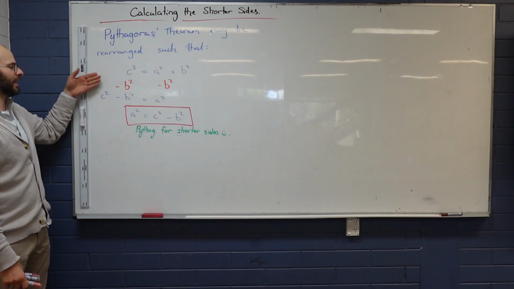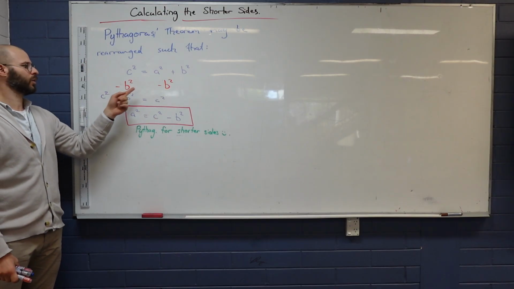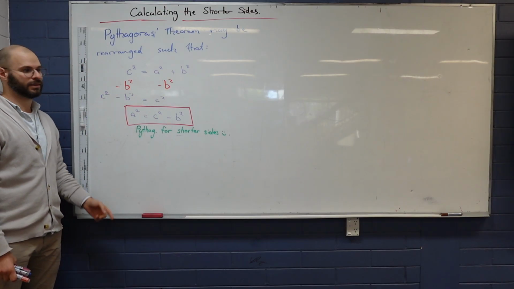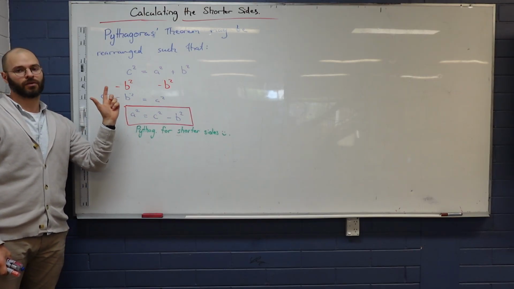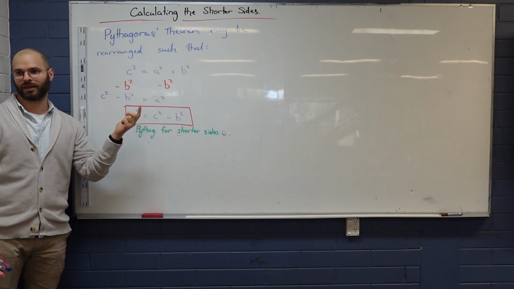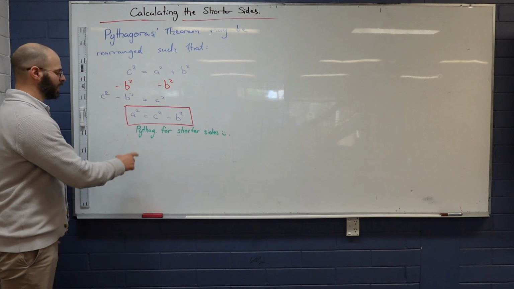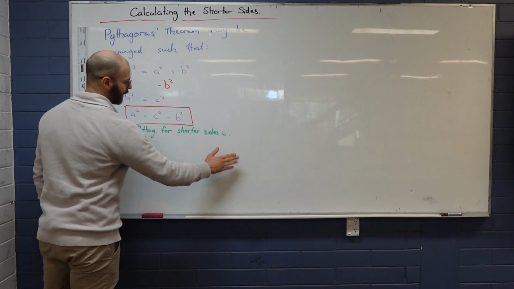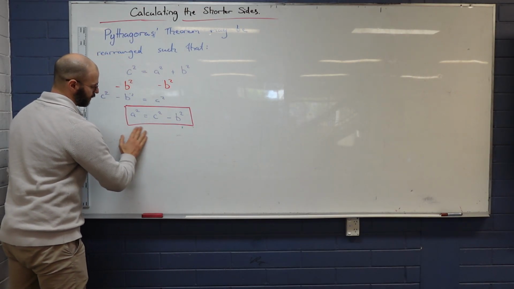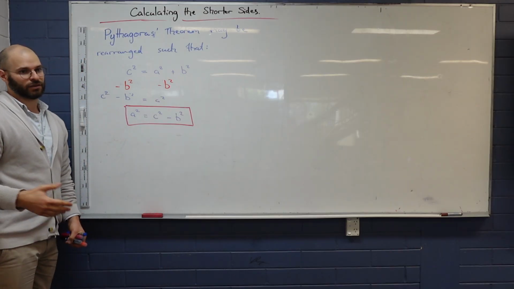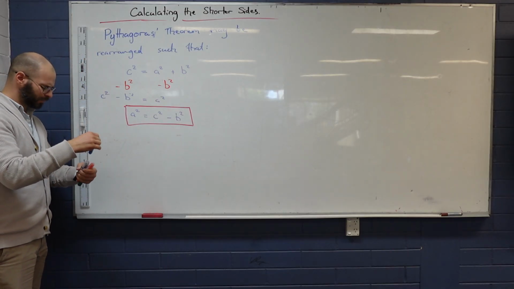All I have done is subtract b squared from both sides of the equation. This has given us c squared minus b squared equals a squared. Then I've rotated it around the equality sign, so it becomes a squared equals c squared minus b squared. Now, if we were trying to find b squared and not c squared, then